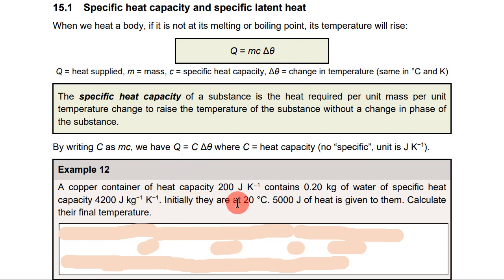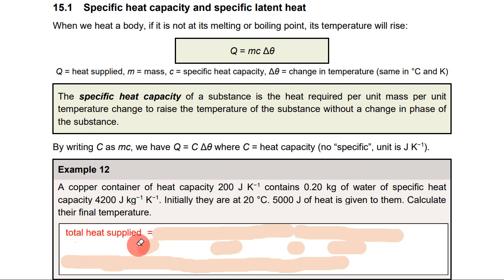Initially they are at 20 degrees Celsius. This is the heat, 5000 joules of heat is given to them. To them, that means to both the copper as well as water. They ask us to calculate their final temperature. So